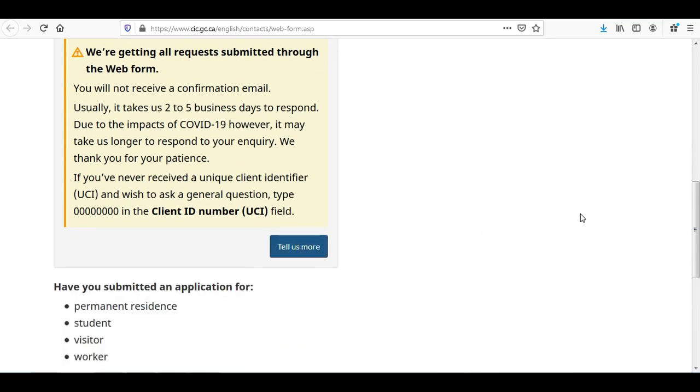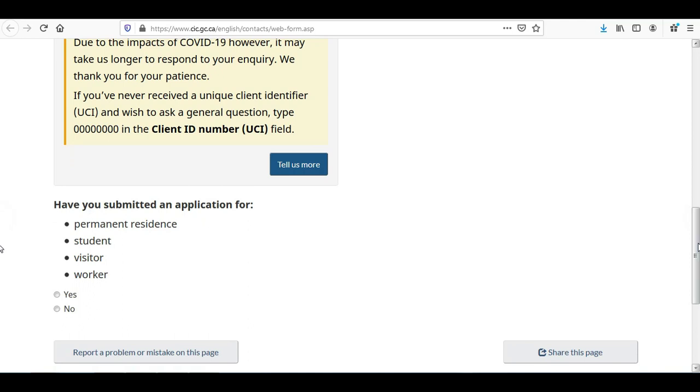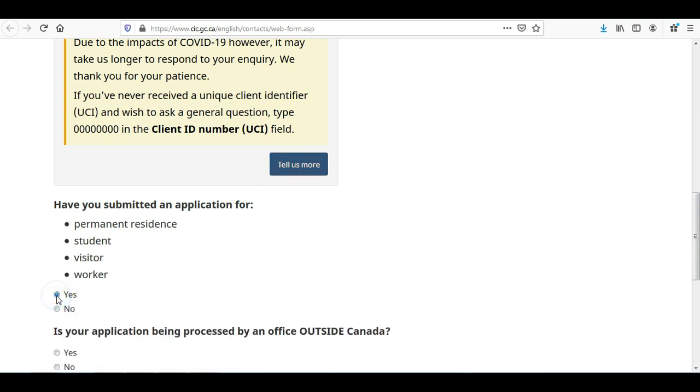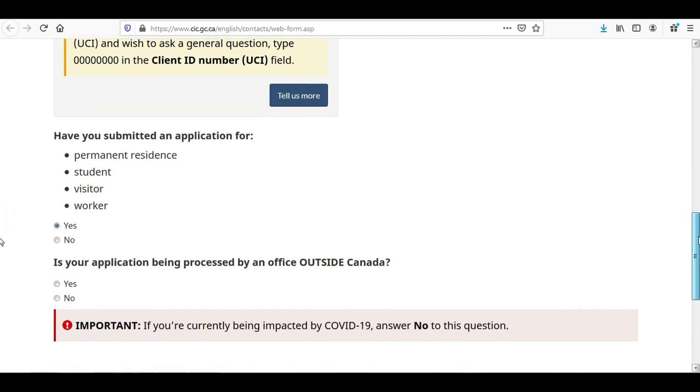It will ask you: have you submitted an application for permanent resident, student, visitor or worker? So select permanent resident. Then it will ask you whether your application is being processed by an office outside Canada. Here most of the people are confused.